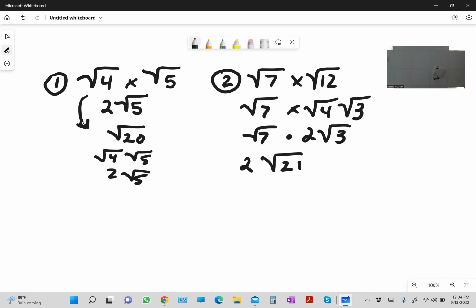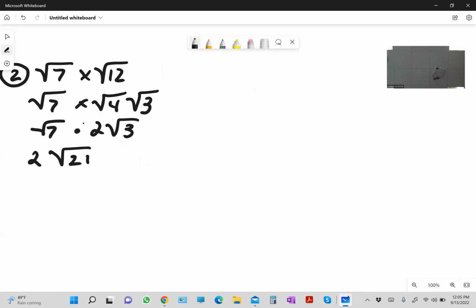But if you just wrote 2 square root of 21, and you didn't justify it, I marked it wrong, which I think is fair. Okay, you can't just write answers that your calculator gives you because that defeats the whole point. So 3, it says 3 square roots of 8